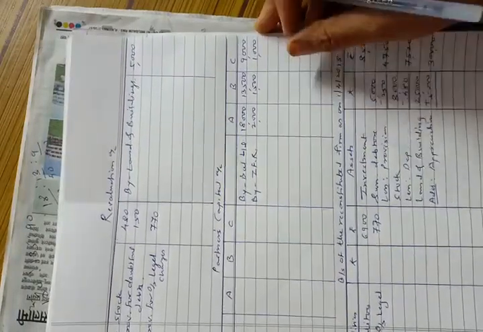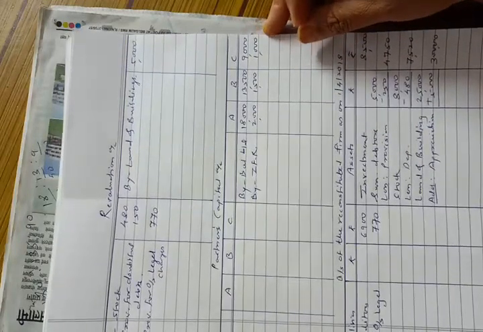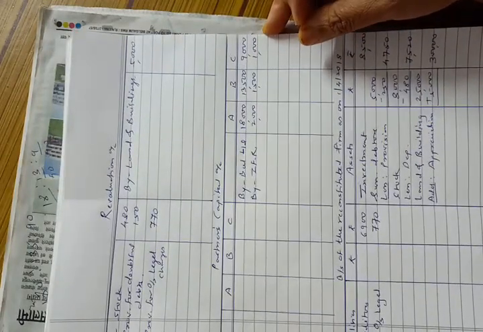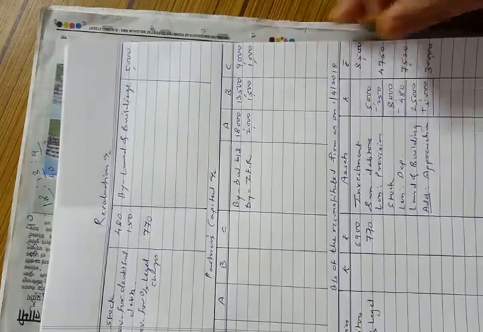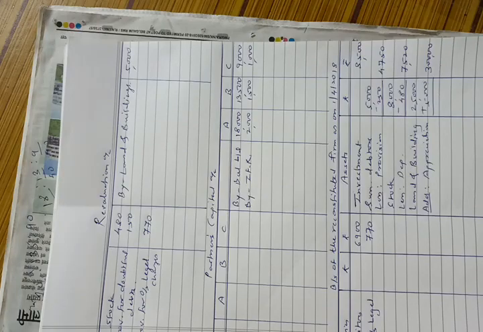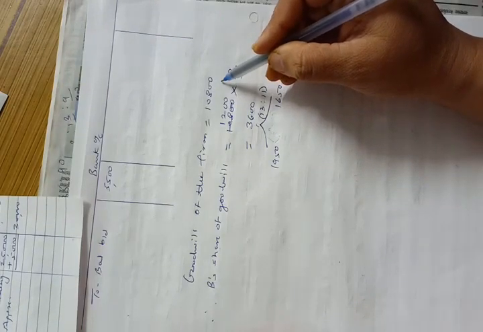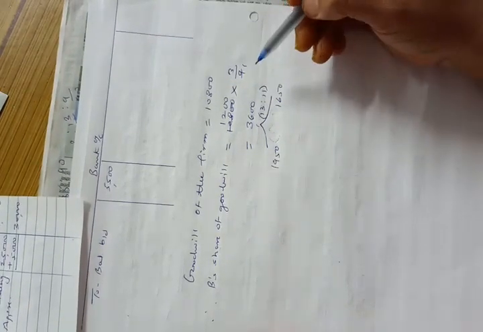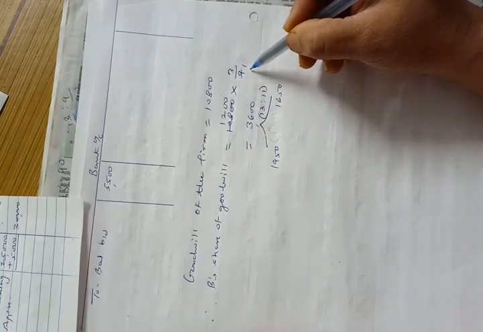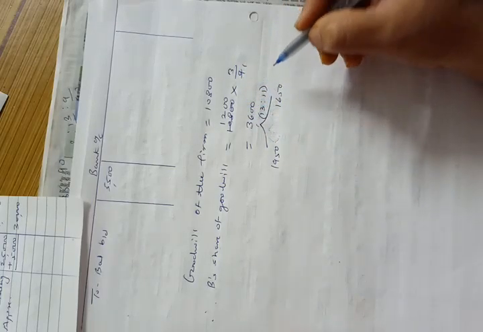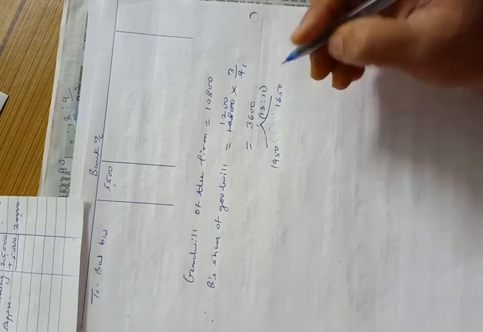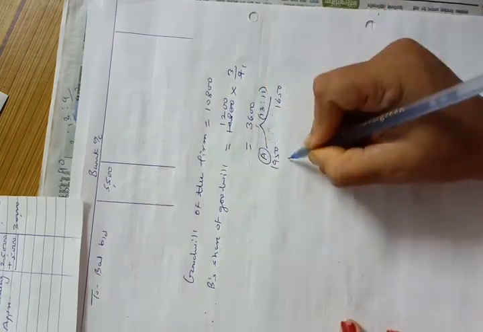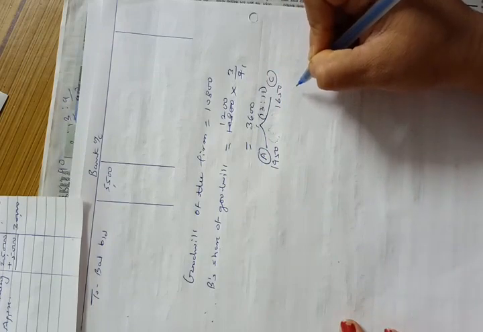Okay. And now the adjustment of goodwill. They have told us that goodwill of the entire firm to be fixed at 10,800, and we have to calculate B's share of goodwill, which will be adjusted between A and C in their gaining ratio. Okay. Goodwill of the firm is equal to 10,800. It is given in the problem. So we will calculate B's share of goodwill, 10,800 into 3/9. That will be rupees 3,600, which will be distributed between A and C in their gaining ratio 13:11. So for A it will be 1950 and for C it will be 1650.